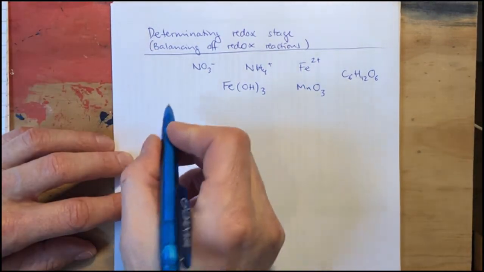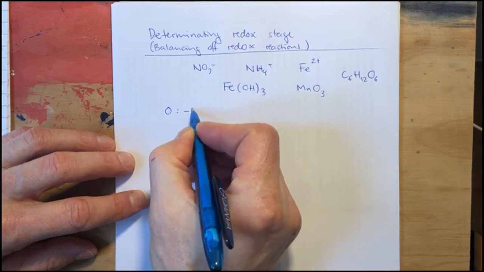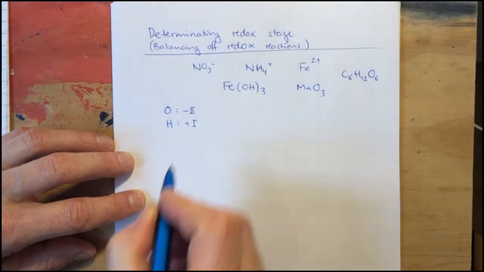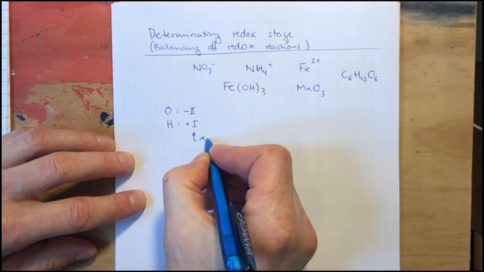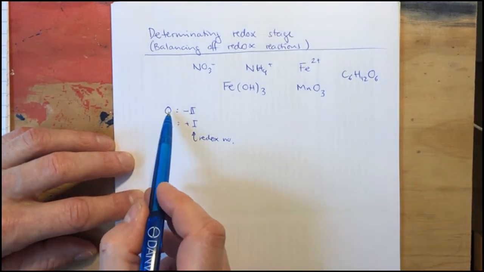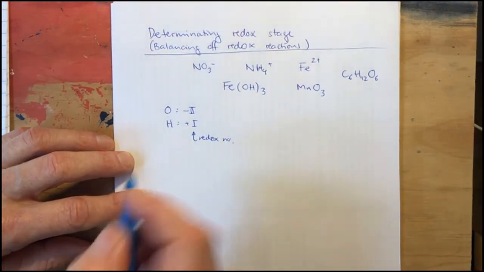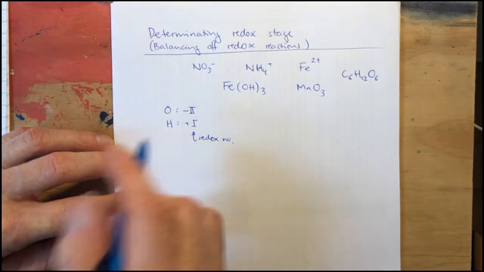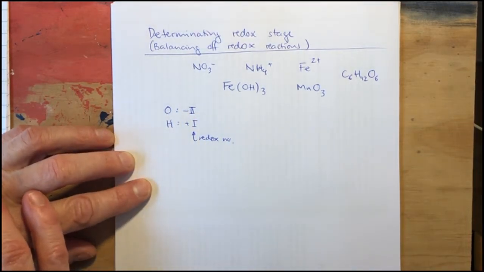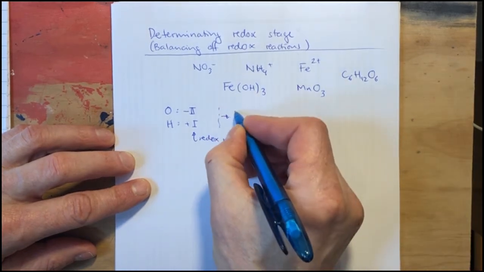the rule is that oxygen has the redox number -2, and hydrogen always has redox number +1. And that has to do with their electronegativity, that oxygen wants to attract a couple of extra electrons to get 8 electrons in the outer shell, and it is very electronegative, so it has a very strong propensity to draw in electrons. So the exceptions to this, the only exceptions,